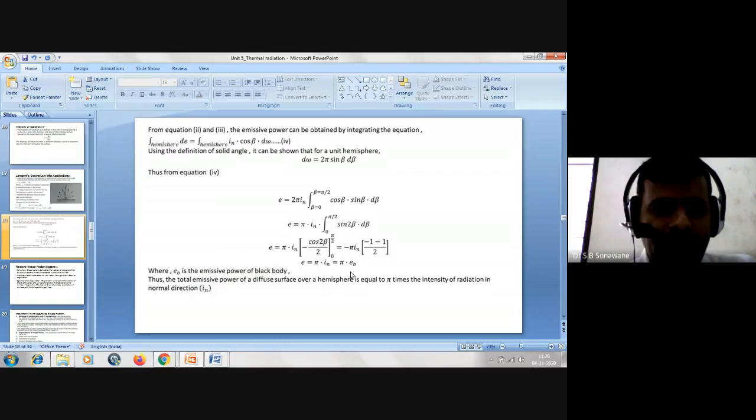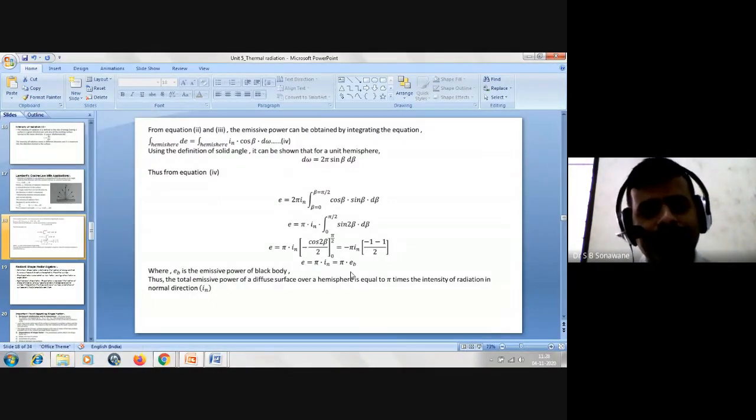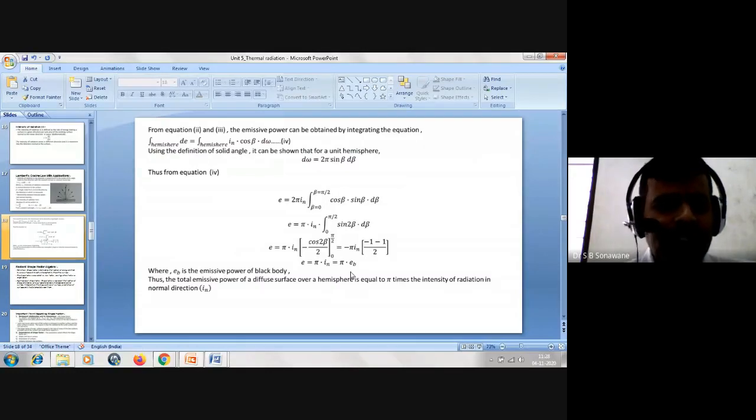That is Lambert's cosine rule. So what is the application of this Lambert cosine rule? Generally we know the emissive power of a black body, and from that you can determine the emissive power of any diffuse surface, or real surface. None of the surfaces that exist on earth is perfectly black. We are treating those surfaces as black because we are making certain assumptions in order to make our life comfortable.